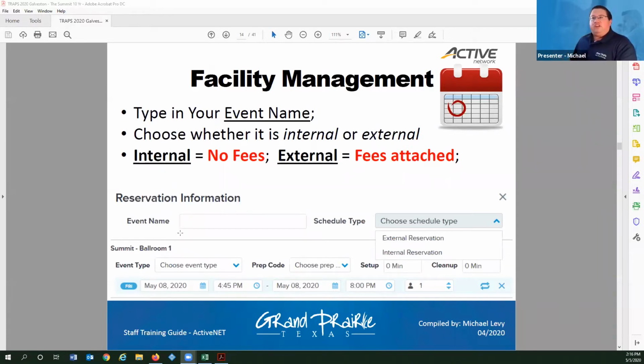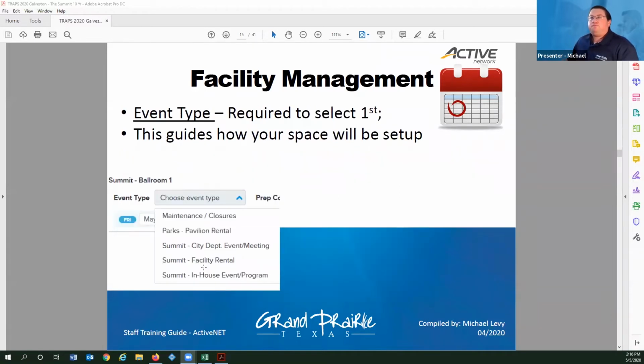But first off, though, just see that you type your event name, you choose that, and then you'll say whether it's external or internal. And again, you'll have the event types up here, which we'll see in a second. And again, these are tied a little bit more, in the next slide. And when I say the event type,